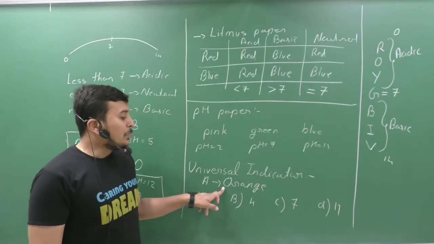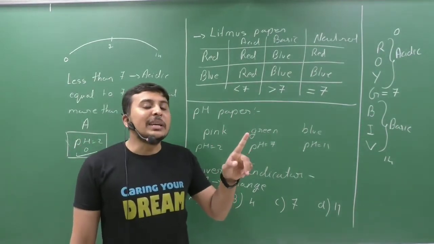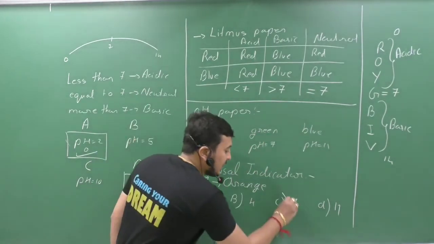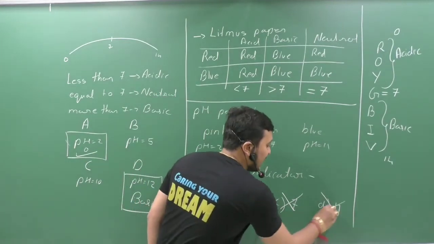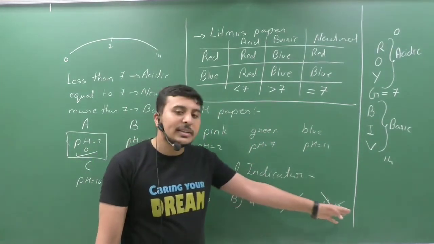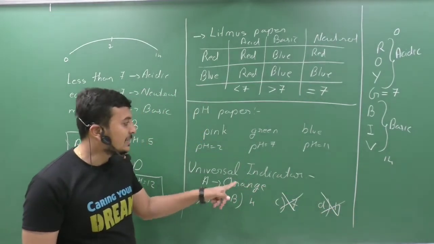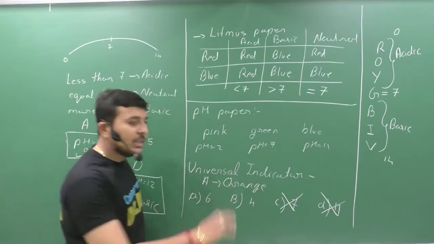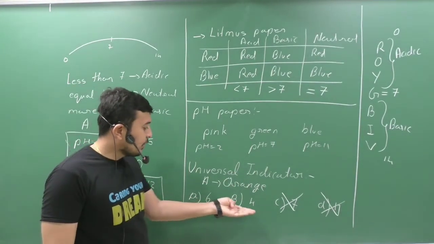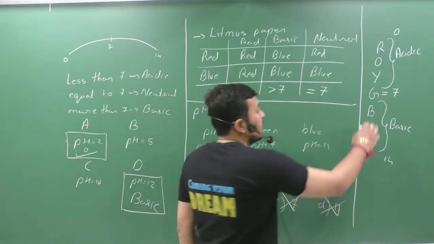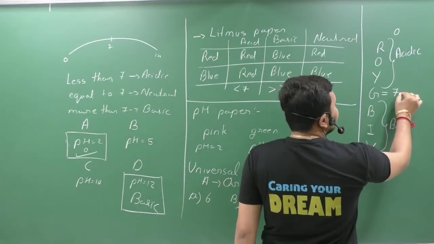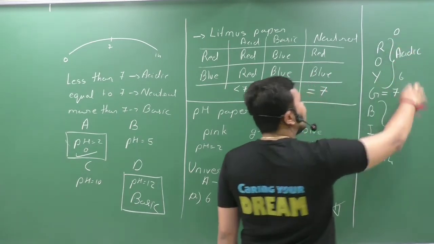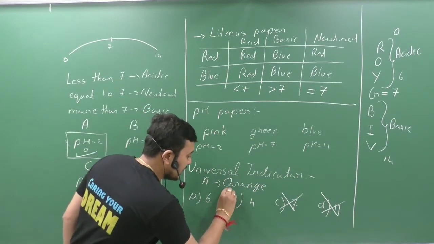As it is orange, it is a bright color, so the pH of the solution will be less than 7. So 11 cannot be the answer. As it is an acidic solution, 7 and greater than 7 are ruled out. It can always be less than 7 because it is acidic. Now in these two, either it is 6 or it can be 4. So check whether it is 6 or 4. If it is yellow, then it will be near to 7. So near to 7 can be 6, and orange can obviously be less than 6. So it will be equal to 4.